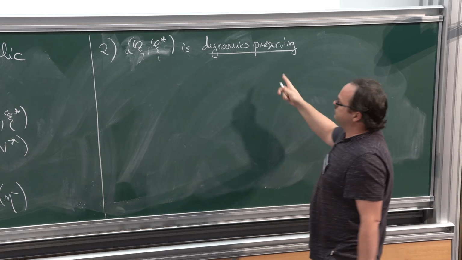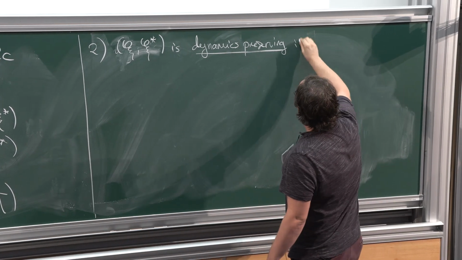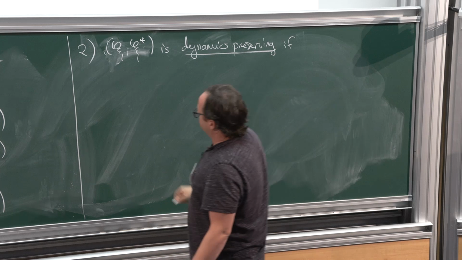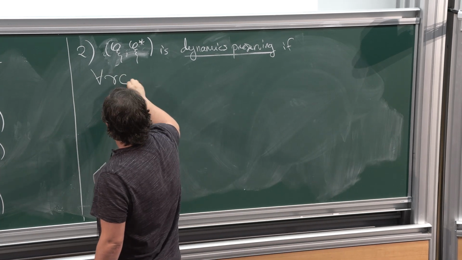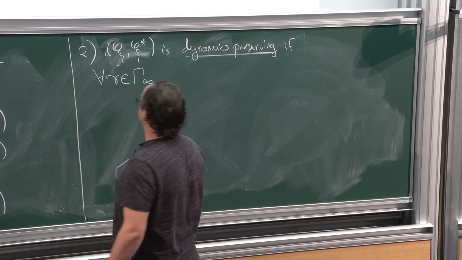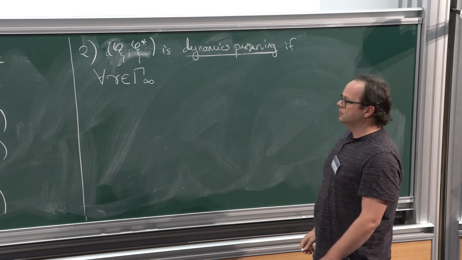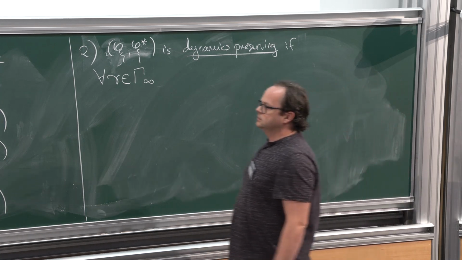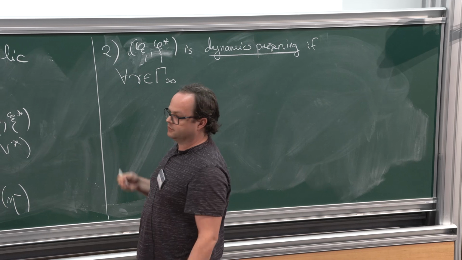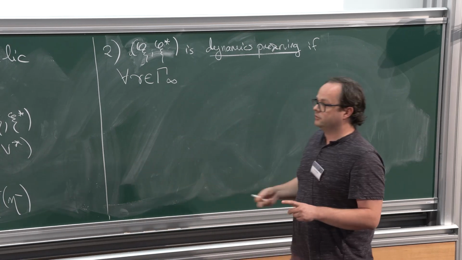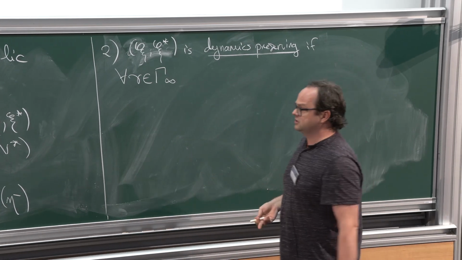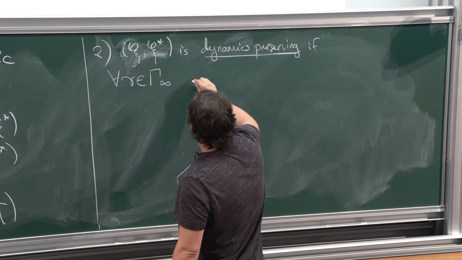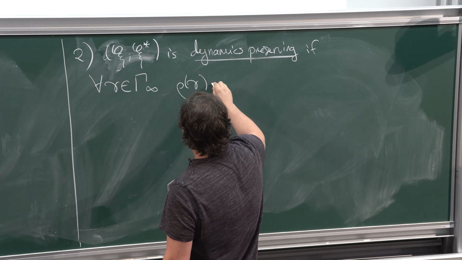So dynamics preserving means that for any infinite order element in the group gamma, rho of gamma will have similar dynamics than that of gamma on its boundary when it acts on the projective space, meaning that rho of gamma is proximal